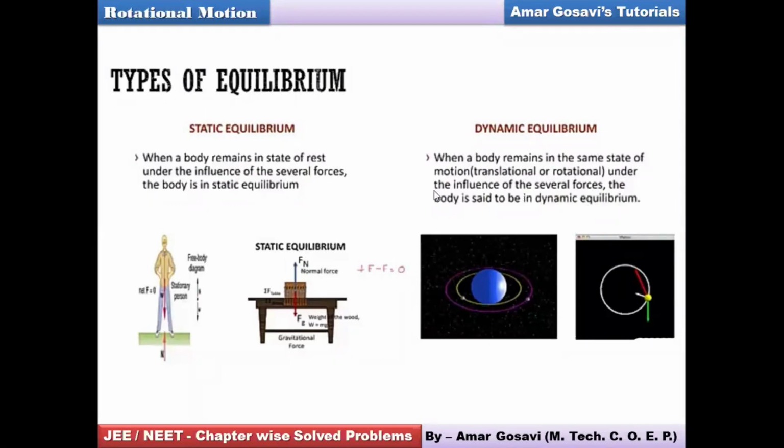All right. We are supposed to understand the conditions for static equilibrium and dynamic equilibrium, and accordingly we will try solving a few problems demonstrating these situations. Please make a note of it before we proceed forward. Once you are done with it, let me know. You can just put it in the chat section that you're done with it, then we move ahead.